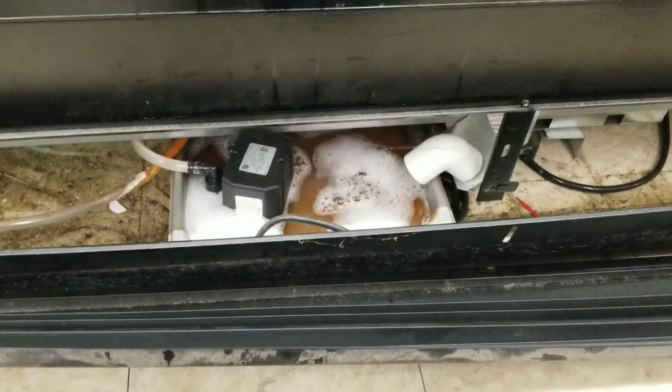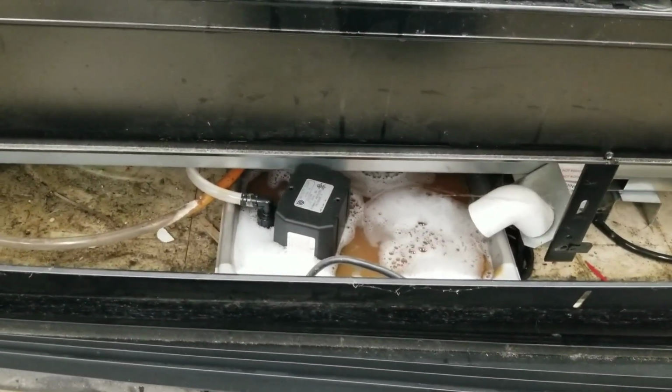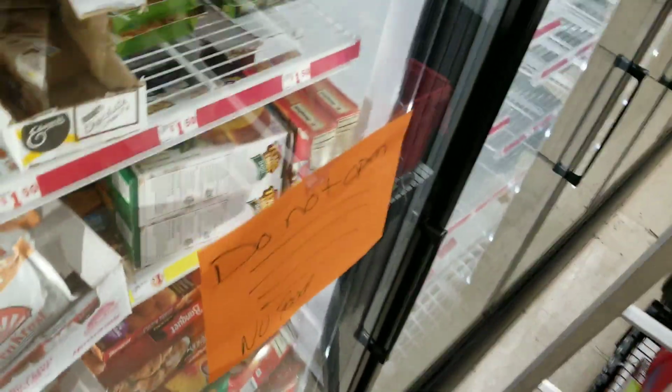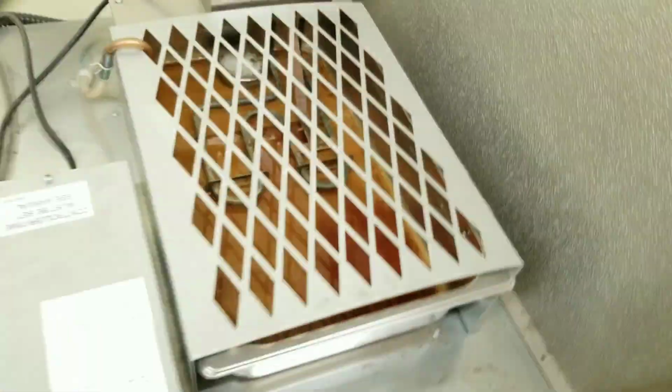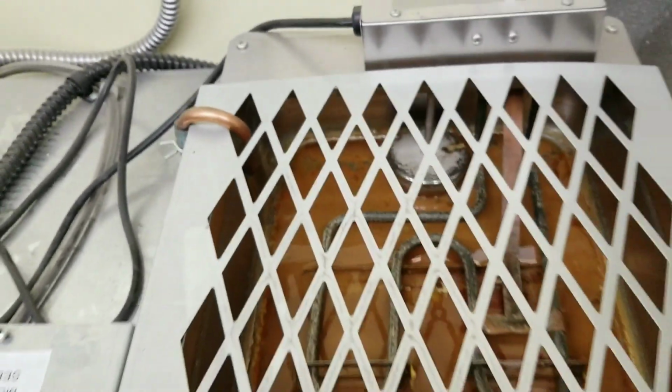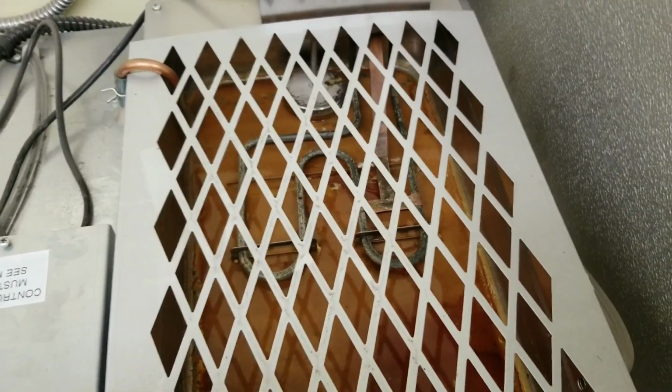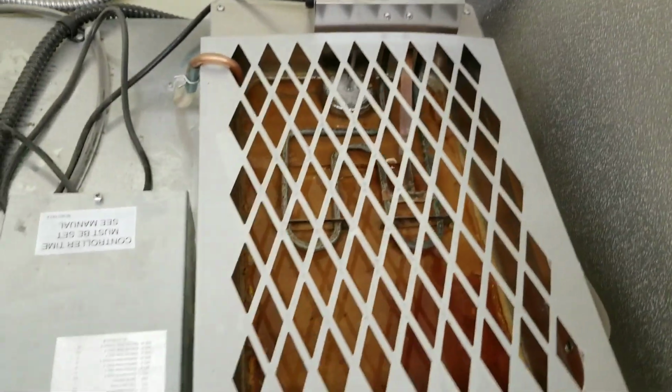Alright. I can hear the pump going. I don't see any bubbles or anything. Let's go up top. It's hard to pick it up on camera, but looks like we are moving a little bit of water up here. However,